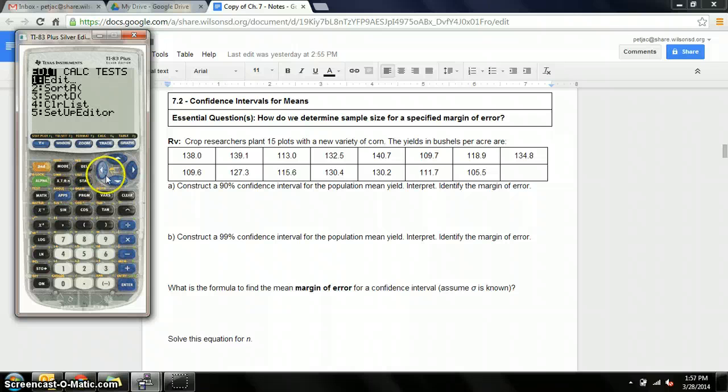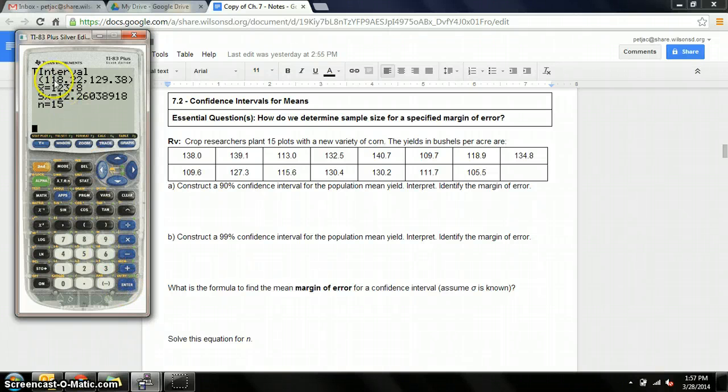We go then back to stat, go over to tests, and we're going to run a t interval. So we go into t interval. And we have two choices. Stats is when you can enter, when you know the mean, the sample standard deviation, the sample size. Okay, in this case though we have the data, so we're going to use the data. We put whichever list, we just put that data in. We keep our frequency at 1. We put our confidence level at what we want. So in this case we want 90%, so we put 0.9. And if we calculate it here,